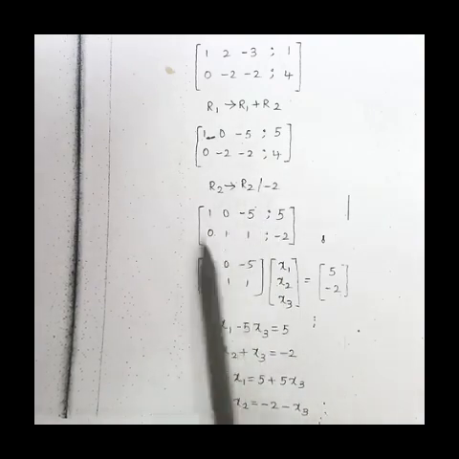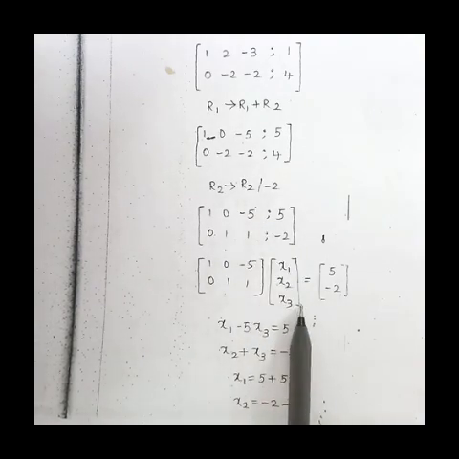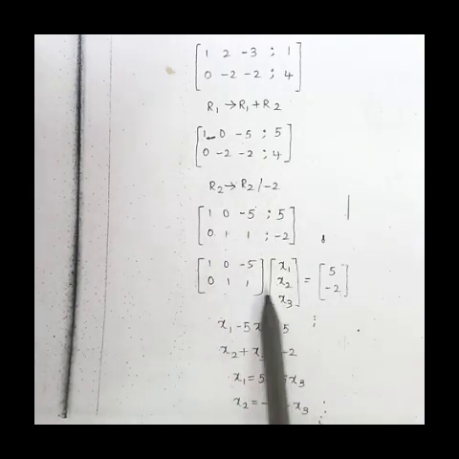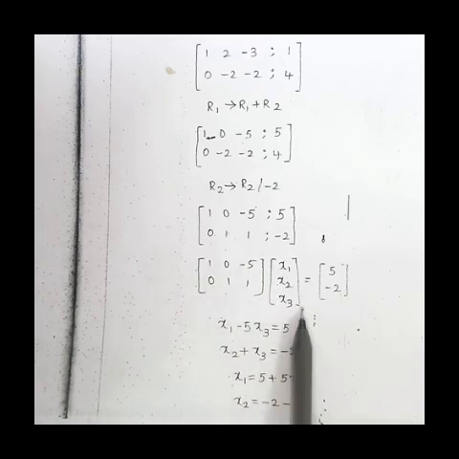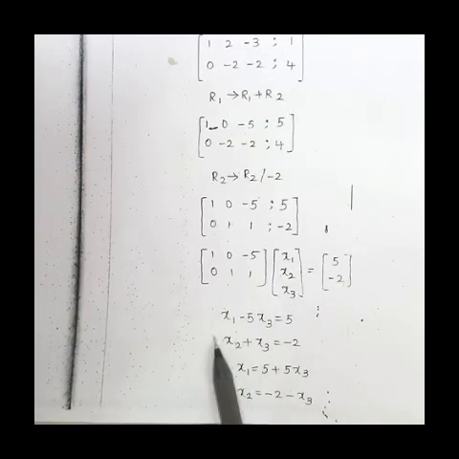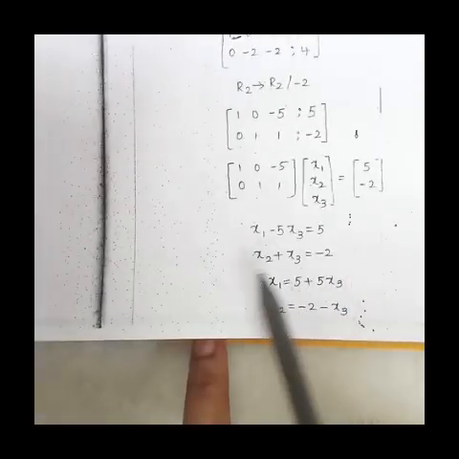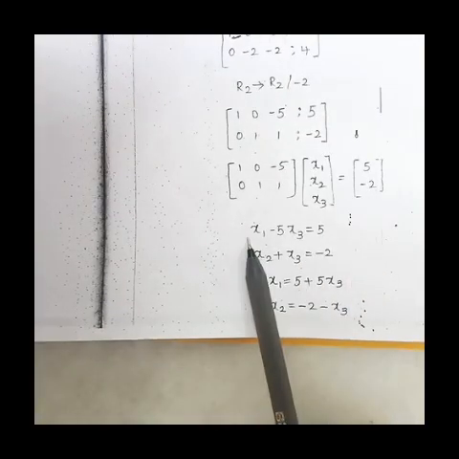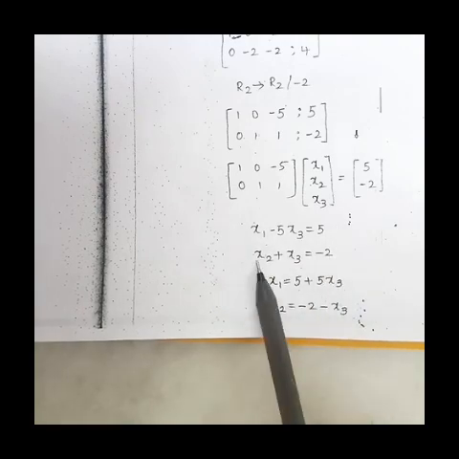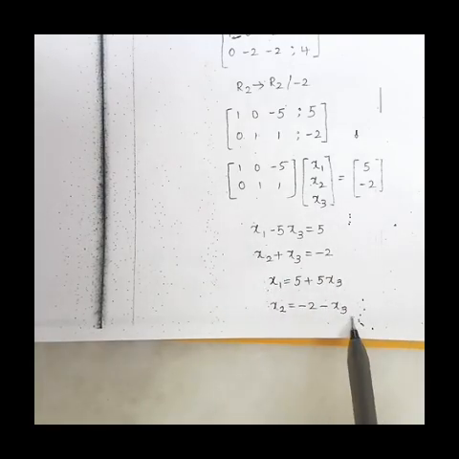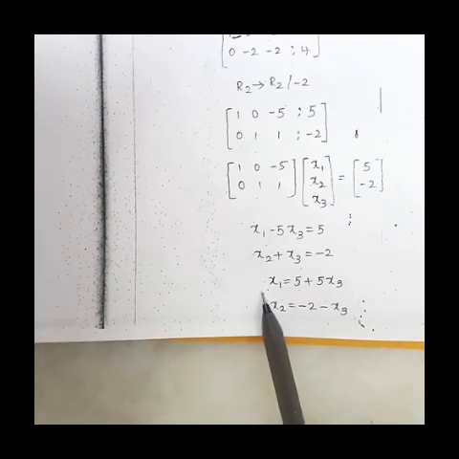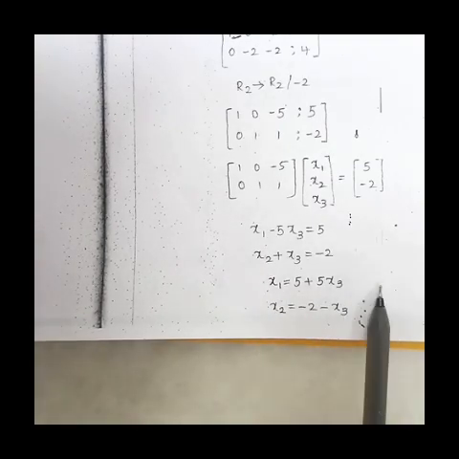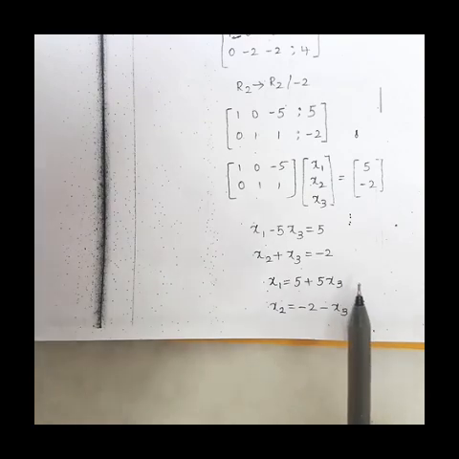Now you can convert into equation form. Write this matrix times x1, x2, x3 equals this one. Now make it into equations. x1 plus 0x2 minus 5x3 equals 5. Like this, write the second equation. So here clearly we can observe that x1 depends on x3. In the same way x2 also depends on x3. So if one vector depends on another vector, then obviously we can say it is linearly dependent. Linearly dependent in the sense it is not a basis.